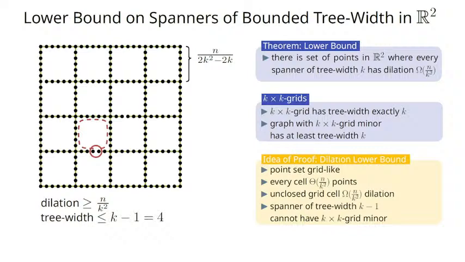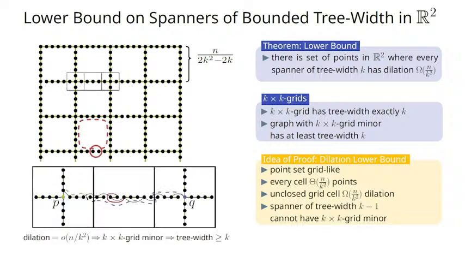And if I would have such a gap, then the detour would immediately jump to n divided by k squared. And of course, we cannot rely on having this kind of gaps, but you can show that essentially, if this is 2 points of the original grid, so let's say for instance these two, then for any pair of points in between, there has to be a path with low dilation. And if you concatenate those paths suitably, then you get a path from P to Q that, if you suitably contract it to P or Q, you simply get the edge PQ, and in this way get the grid as a minor.